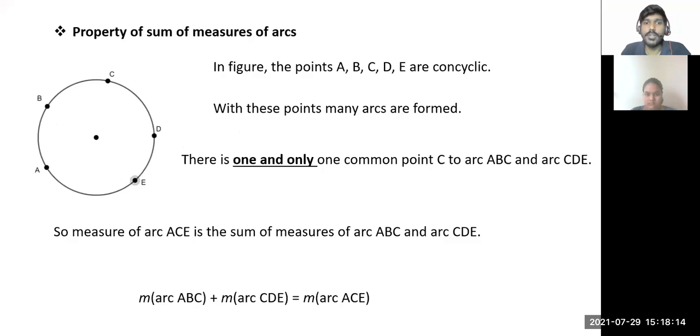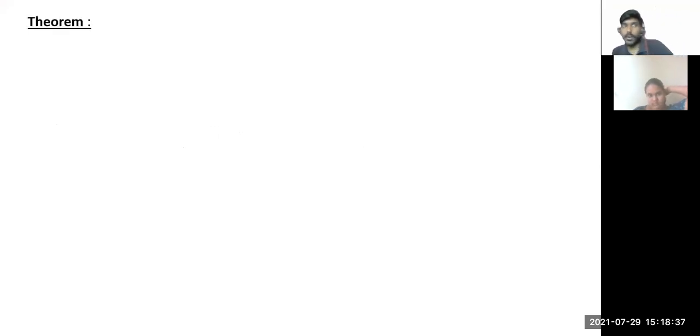So the angle sum property says that if in two arcs you have one point common, then the sum of the entire arc will be the sum of the first arc plus the sum of the second arc. Only one point has to be common. Then you can use this property. Okay, today we'll start